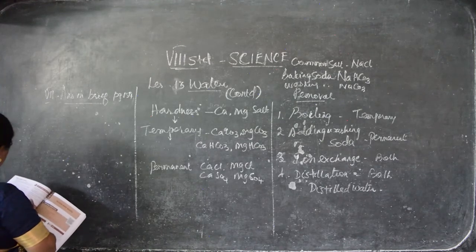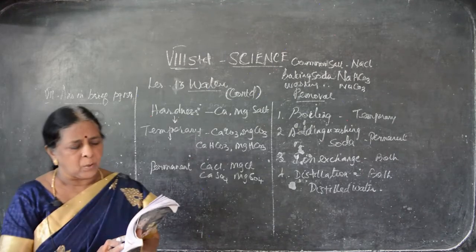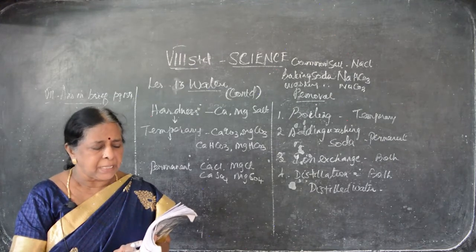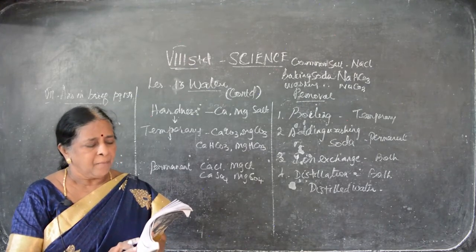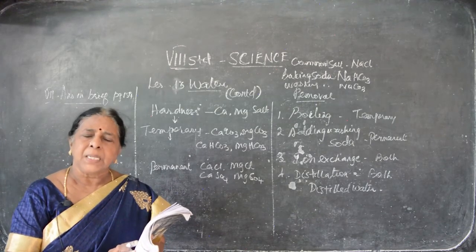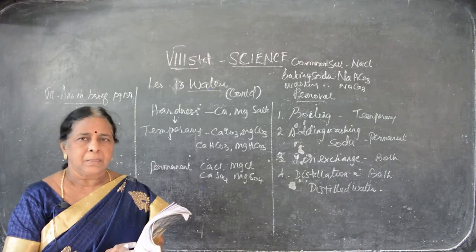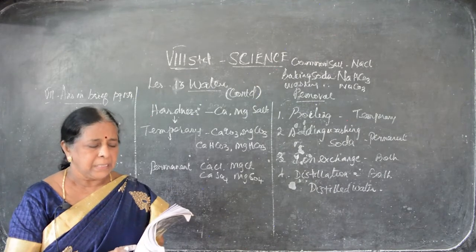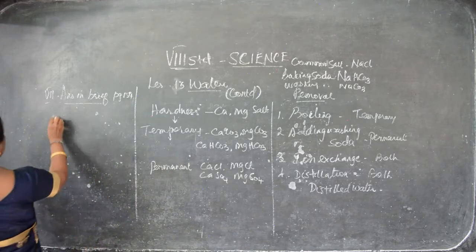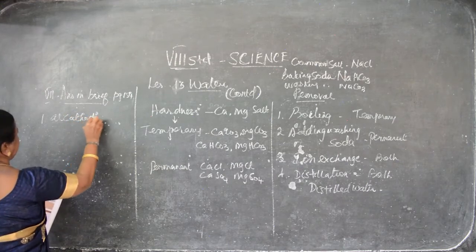Name the gases evolved at cathode and anode when water is electrolyzed, state the ratio by volume. Short answer: the first question is, name the gas evolved at cathode and anode when water is electrolyzed, state the ratio by volume. Write the answer in the book itself, in the question itself. Strike out name. Take pencils. Strike out name and write: the gas evolved at cathode is, next to cathode you write. At cathode is, you have to write by yourself.